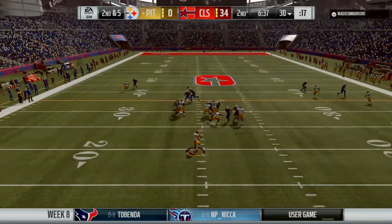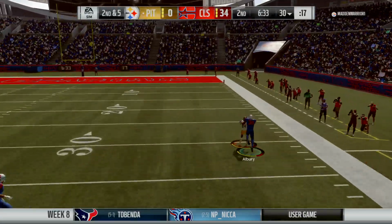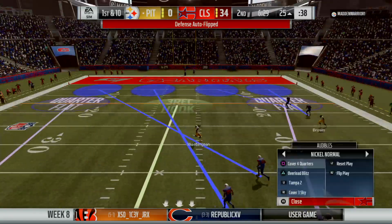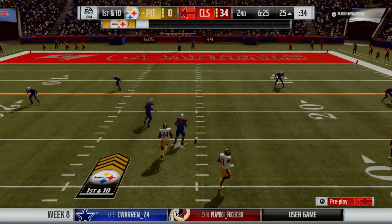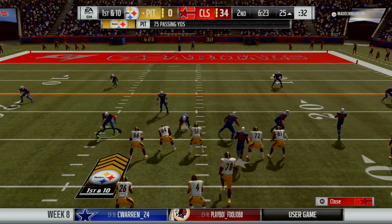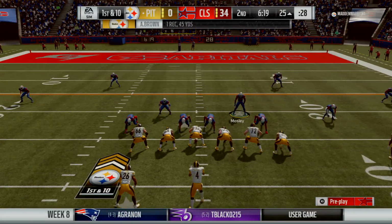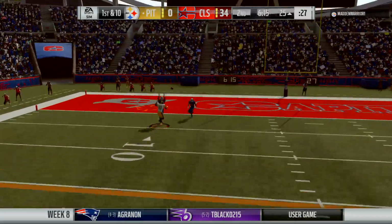On play action, Prescott. He's going deep for Brown. And that's caught inside the 30. It's a big play there for the Steelers. 45 yards. The last drive he threw the pick, but he's not shy. He's going downfield again there. And you can't be, because if you back off after throwing an interception, your whole game plan just goes right out the window, and it makes things...